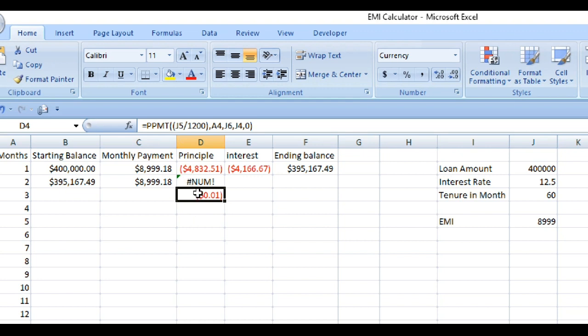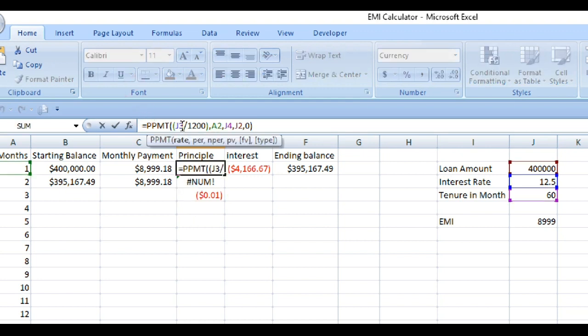See here, it's J5, but we have to fix J3 as a constant. To fix the cell as constant, we use this dollar sign. That is called fixed reference. J3 is the interest rate, and we use the same interest rate for all 60 months, so we fix the cell.